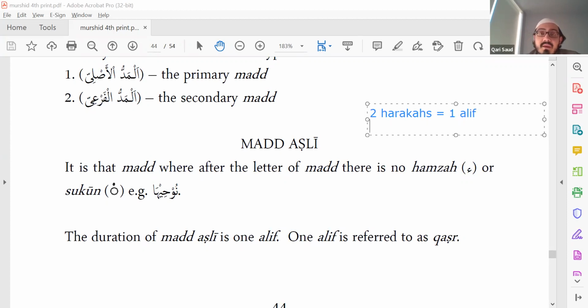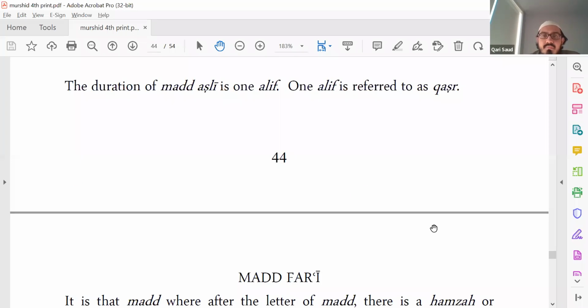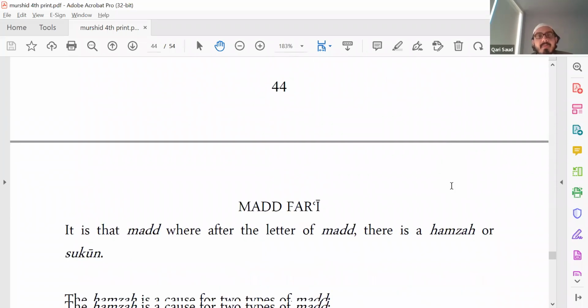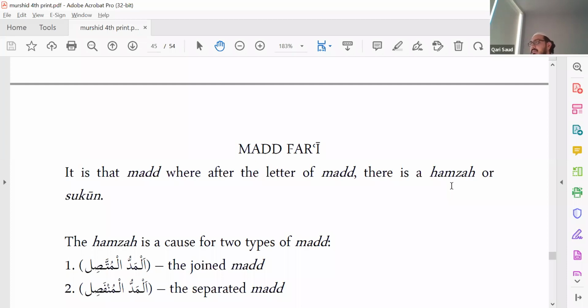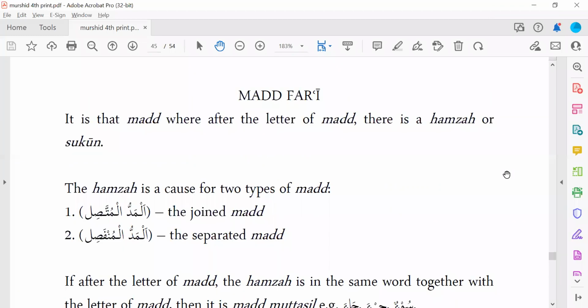So for example, a plus a equals alif, right? So maliki is like 2 fathas, ma, and then maliki. So that's what you're referring to. You're referring to 2 harakas and not 2 counts. Because what is a count? We don't know what a count is, right? Is it 2 seconds? Is it 2 hours? What's a count, right? So be very careful with your terminology. Okay. Any other questions? Jazakallah khair for clarifying. Okay, so we'll move on then, inshallah.